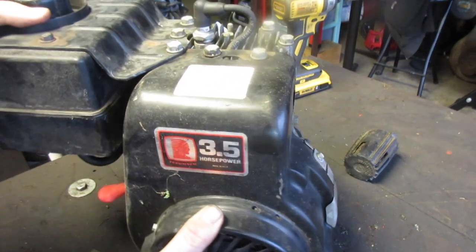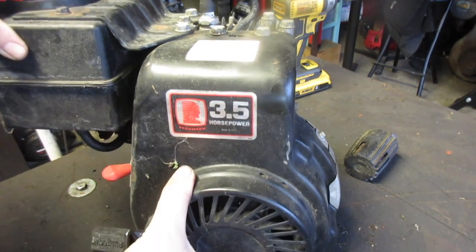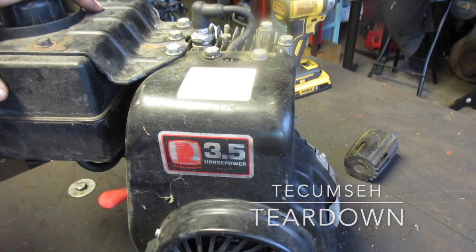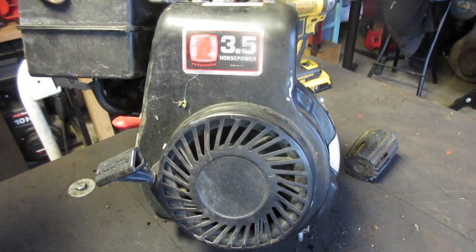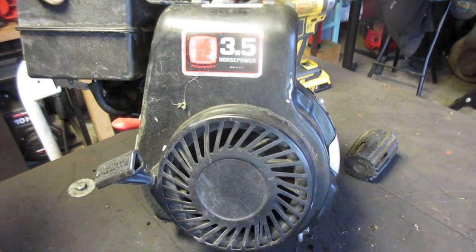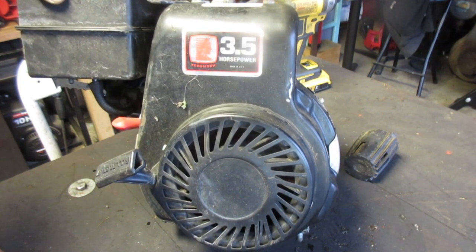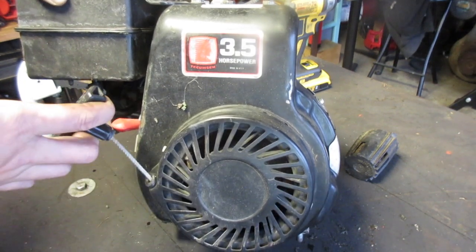What is up, everyone? So today we have a Tecumseh 3.5 horsepower, tiny little engine. It's old. This means Tecumseh, so of course. But the reason why it's on the table is I believe I even made a video on this, on how to adjust the valves on a flathead. It could have been a different one. I can't quite remember what exactly this is for, but